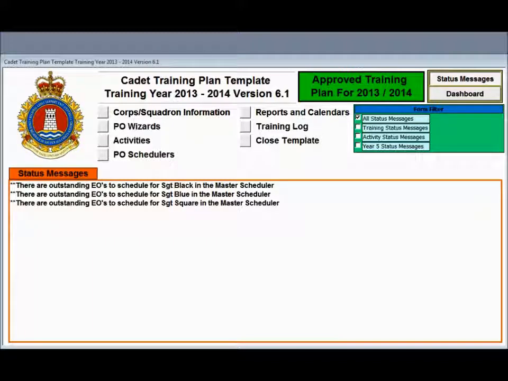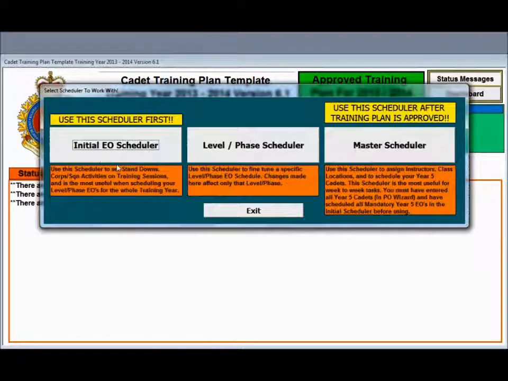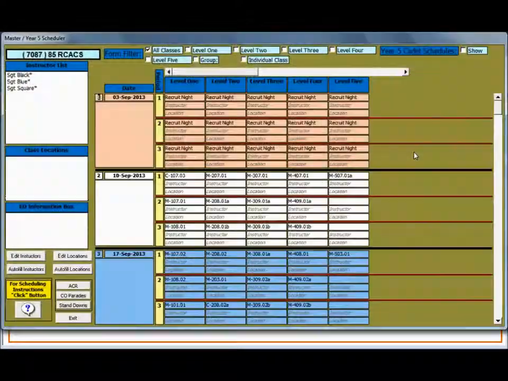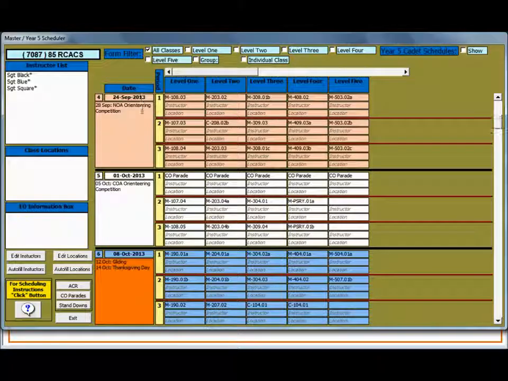To get to the master scheduler, you click on PO schedulers and then the master scheduler button on the right, and the window opens up. Let's take a quick tour of the screen, starting with the parade night date for each parade night, and below the parade night date is the activity information box showing activities that are happening between one parade night and the next. Across the top we have the training levels or phases for each year,